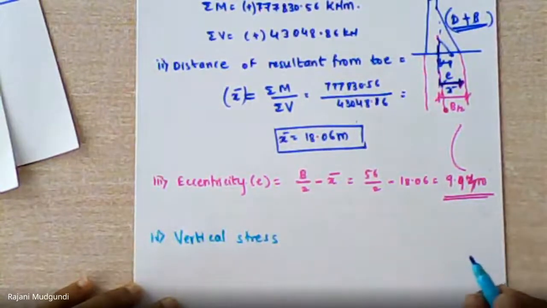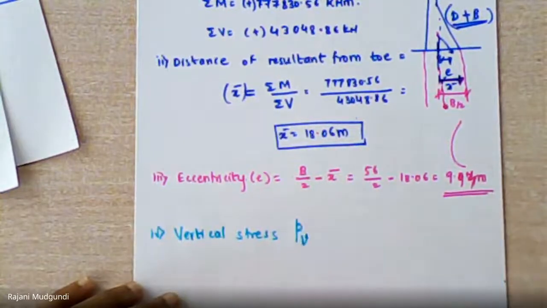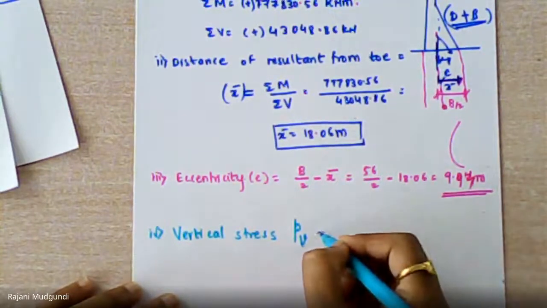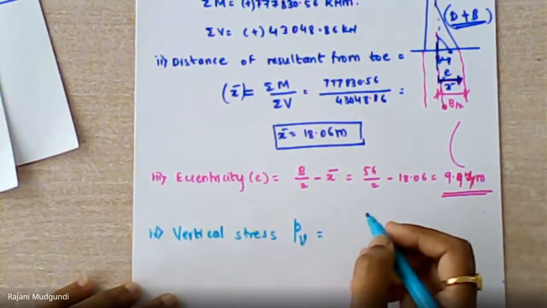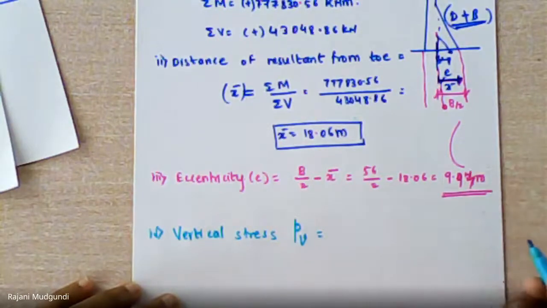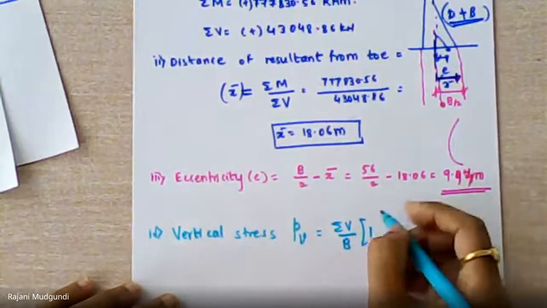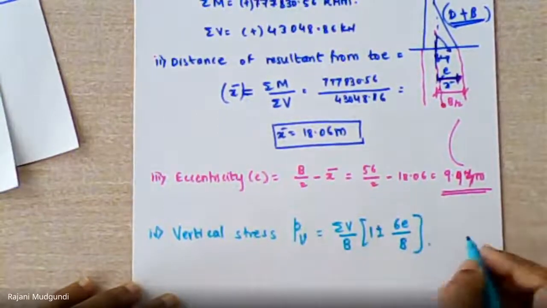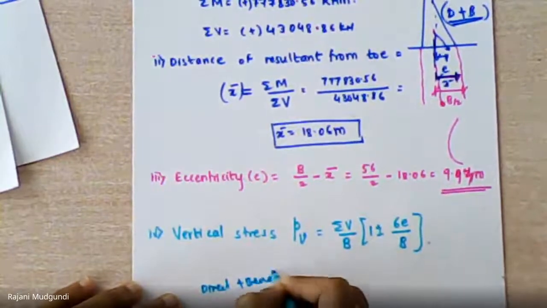The vertical stress will be indicated by, say, small p suffix v. So it is vertical stress. For direct and bending stress, we know the formula. Direct stress plus bending stress, I will directly write the formula: summation V by B into 1, times 1 plus or minus 6e by B. So if you apply the formula of direct stress plus bending stress,